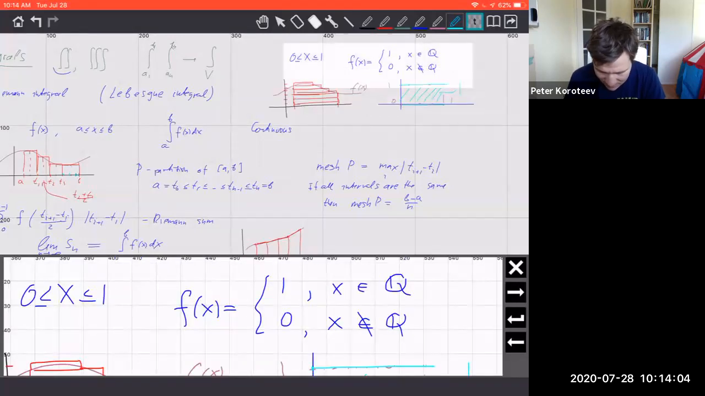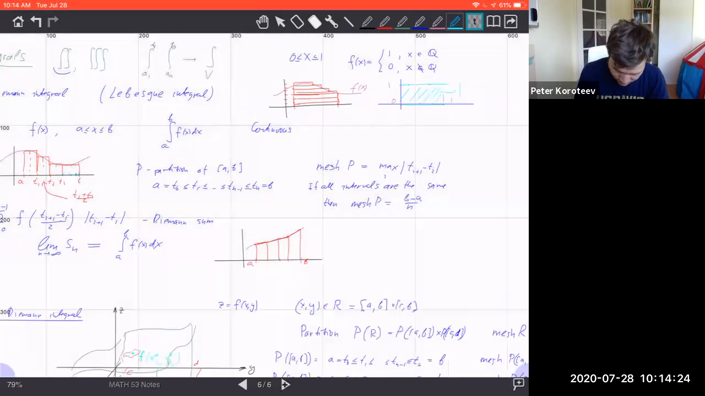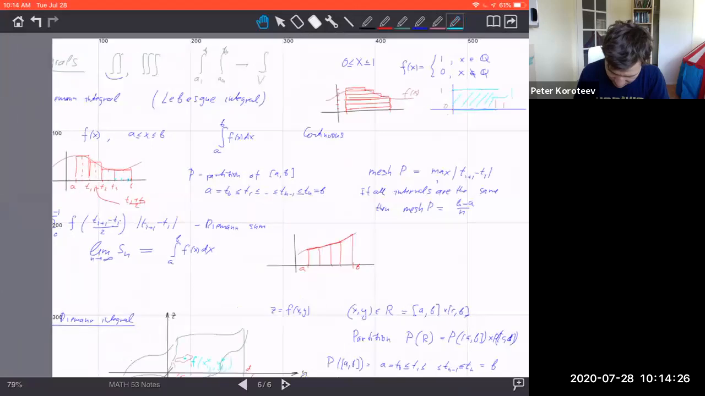Other than that, all normal functions that we use in everyday life, unless you work on this kind of stuff, are both Riemann and Lebesgue integrable. If the function is smooth, it doesn't make much difference which way you slice the graph, horizontally or vertically. Okay, and then